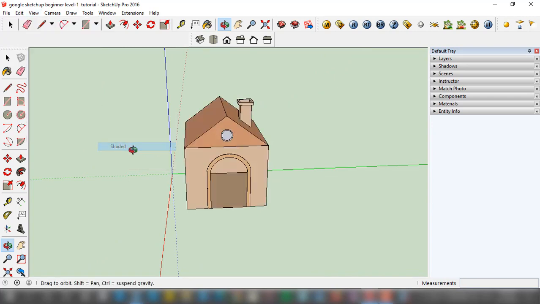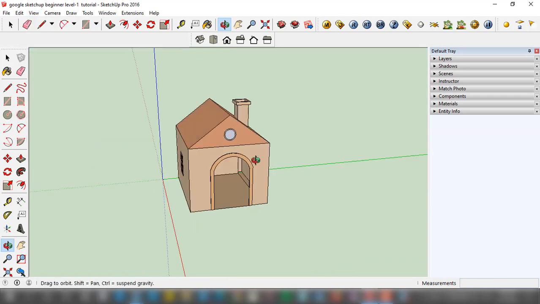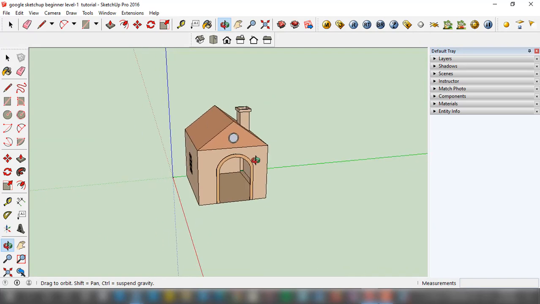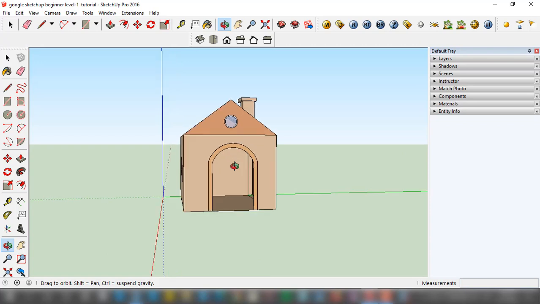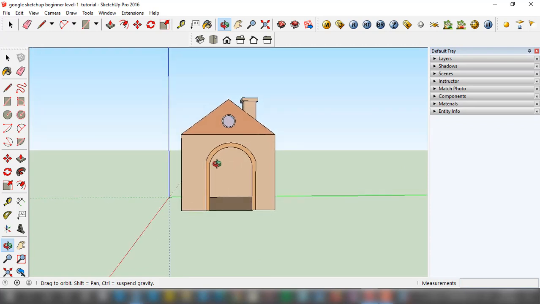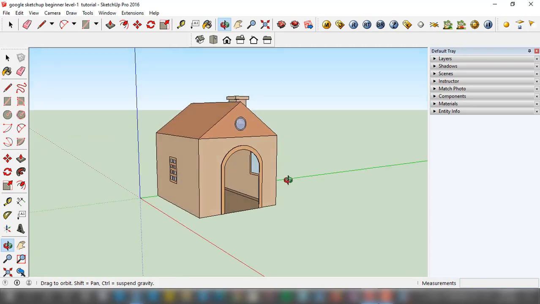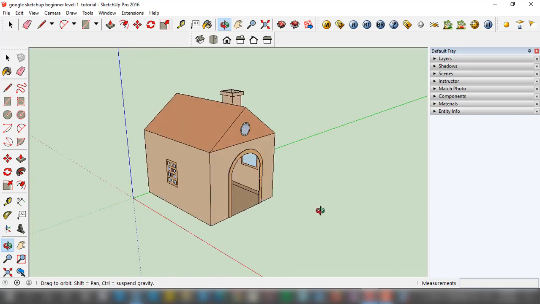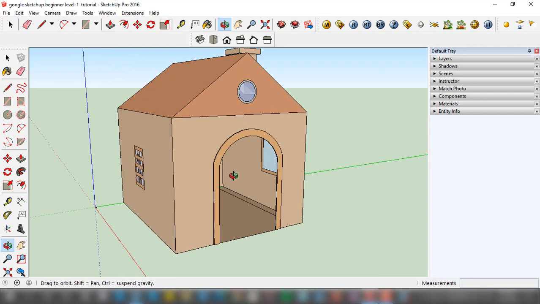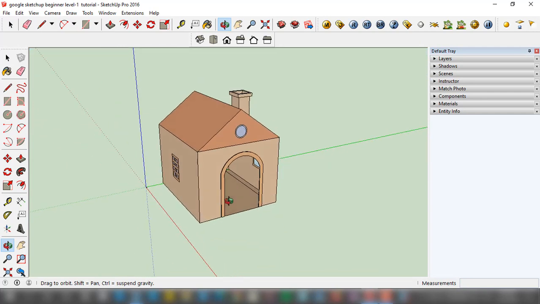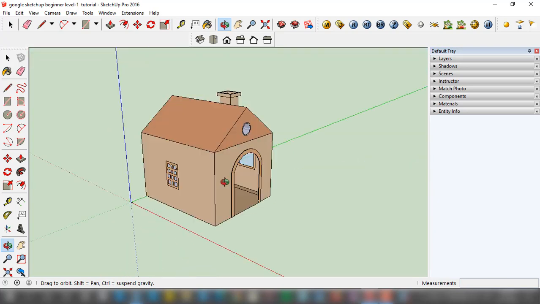In the Shaded option, all the colors which we applied previously on this tiny house are clearly visible, and it gives us a clear idea of how the object will look after render. This shaded option is very useful, because when it's on, it gives us a complete idea of how whatever color we have applied will look after render.